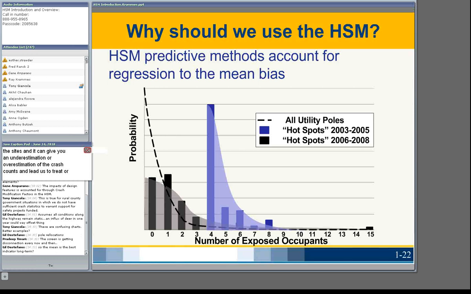Then we're going to introduce the crash prediction method that is in the Highway Safety Manual. So before we start, let's talk about what is in the Highway Safety Manual. What you'll see when you get a copy is that there's some of the fundamental concepts. Part B gets into the roadway safety management process. Part C